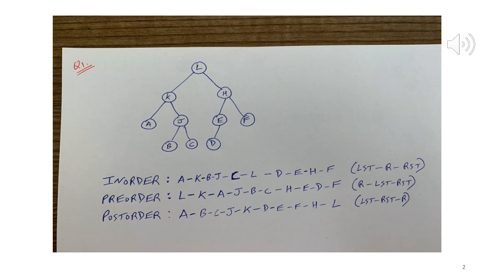So let's say, for example, in-order, what is the series of steps? The series of steps is left subtree, followed by the root, followed by the right subtree, right? So now what is the value of left subtree? Again, recursively the same definition has to be followed, and similar recursive steps have to be followed for the right subtree also. So we'll look at in-order, and it has left subtree followed by root followed by right subtree.